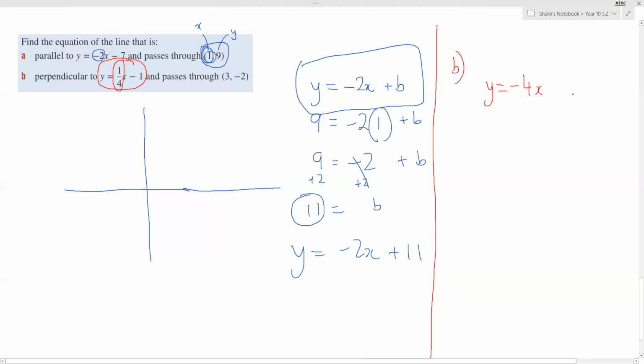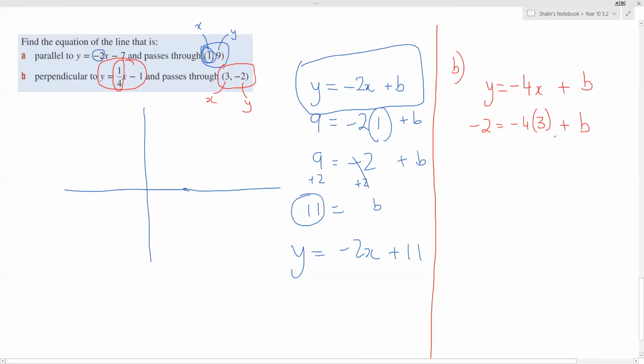And then now we have to figure out the y-intercept. We know it passes through this, and so we can sub these points in. We can sub this coordinate in. That's y, that's x. And so in place of y, I'm going to write negative 2, equals negative 4, and use brackets anytime you sub in, in place of x, I'm going to write 3,